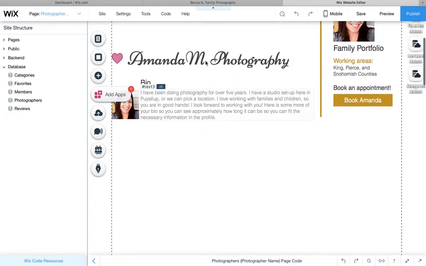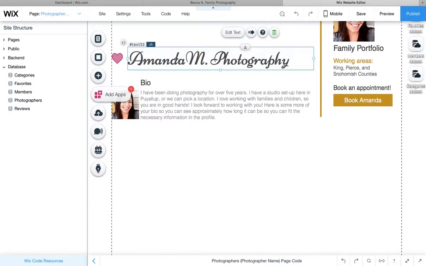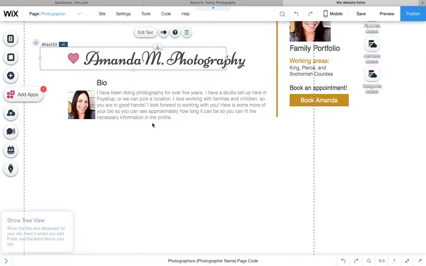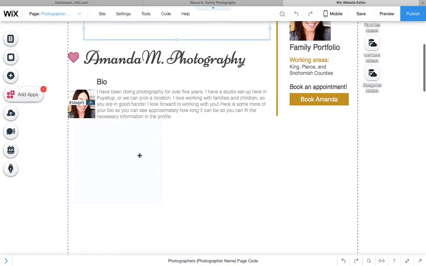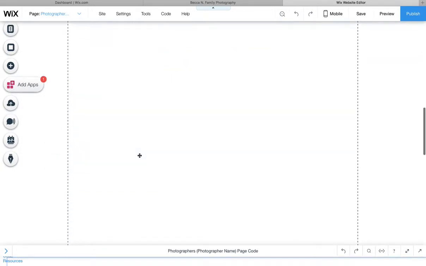Okay, so I mentioned this before. This is the photographer's name, and we get that from the photographer's database. You can see there that it's connected to data, and we're going to use this to reference a few things. So just remember, this one is called text 53. I'm just going to head down to the